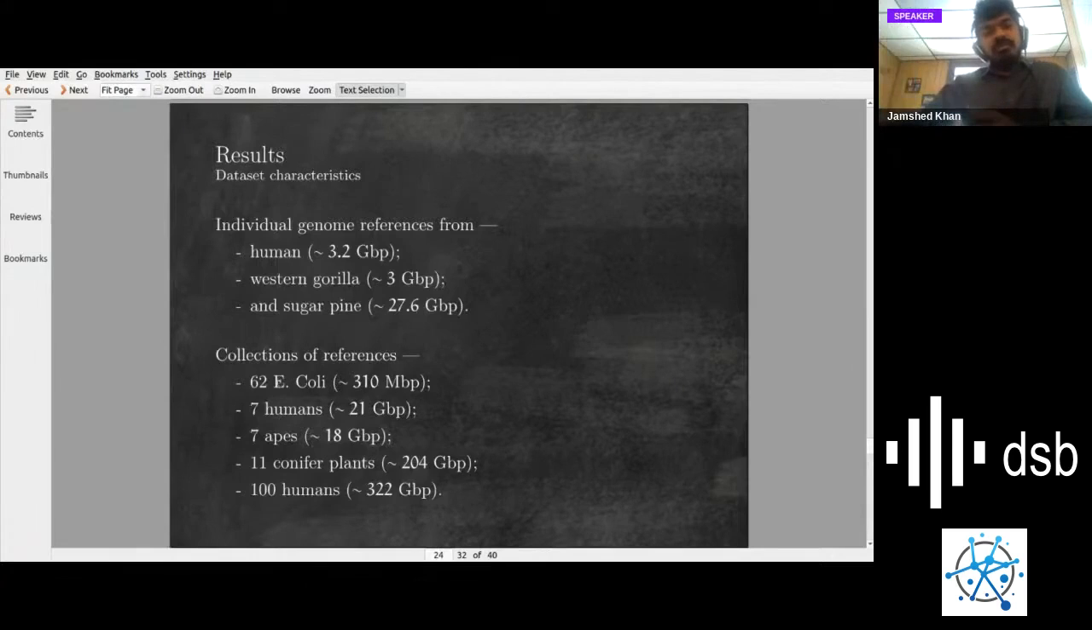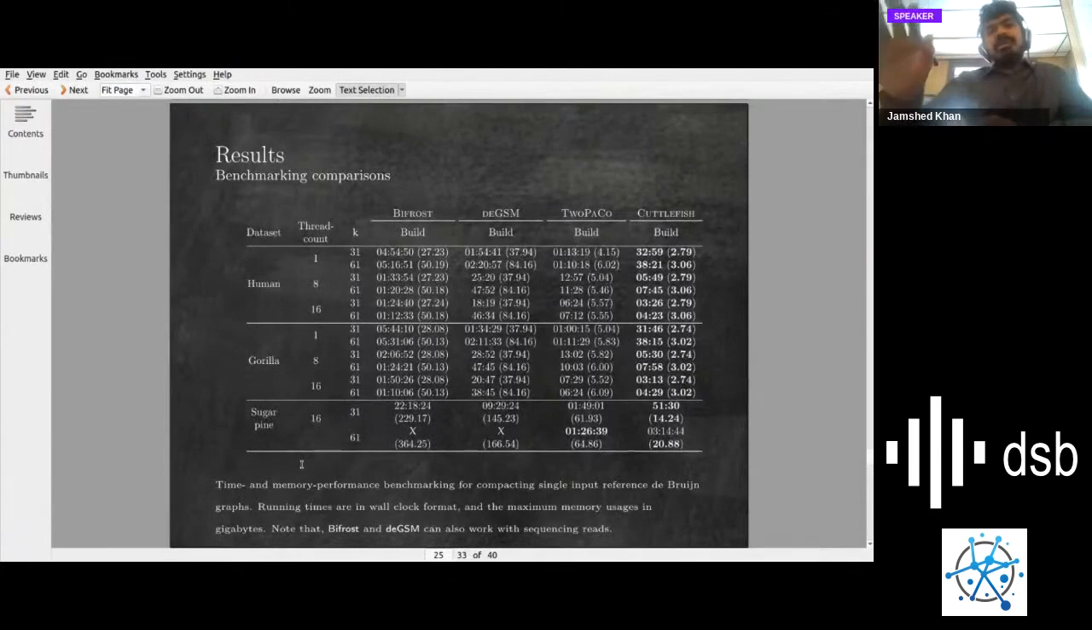For example, we have a small dataset like 62 E. coli, 7 humans that are very closely related but different genomes, 7 apes, that is related genomes from the same superfamily but from different species, and also 11 huge conifer plants and 100 humans. So for the individual results, now this is a very busy table,